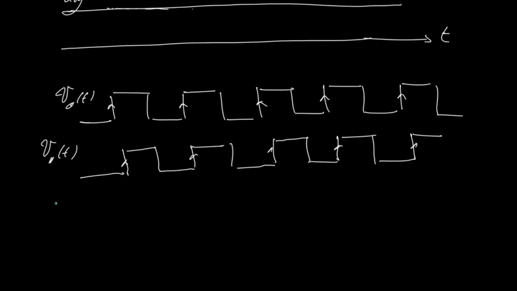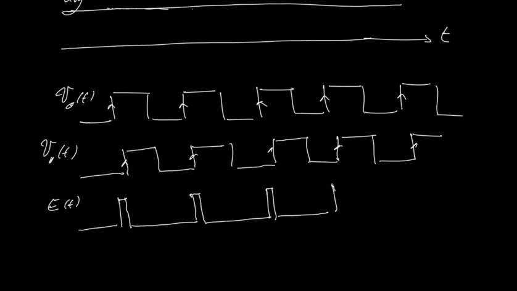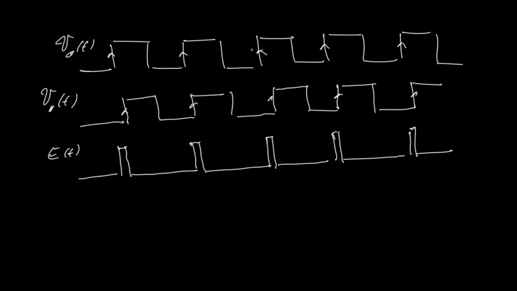All right, so this is E of t. When this positive edge triggered, E of t goes what? High. But almost immediately, this one forces it to go what? Low. This one forces it to go high. That one forces it to go low. This one forces it high, that one low. Goes high and almost immediately goes low. Goes high and almost immediately goes low. So now we can see that when the two signals have the same frequency and the phase difference is fairly small,